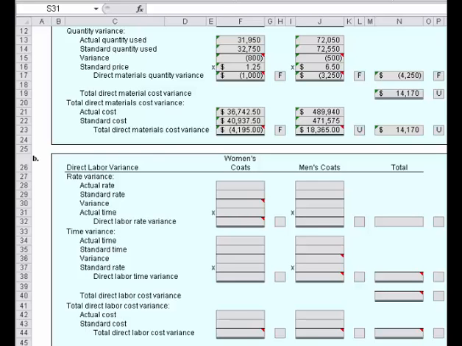Okay, now I've slid down and we're going to tackle the direct labor variances next on this problem. The first thing we have to do is jot in the actual rate of what it takes to make a woman's coat and a men's coat, and then jot in the standard rate as well, and we can compute that variance in terms of the hourly rate. So if we go back to the problem,